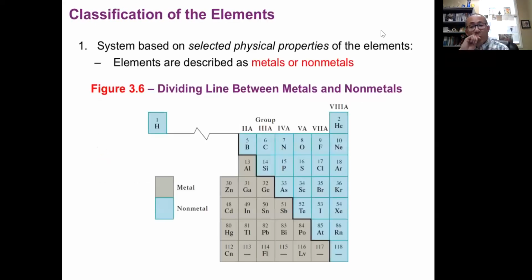So next, the 118 elements in our periodic table can be classified in different ways. The first classification is based on some selected physical properties. If you remember, the term physical property means the properties that are not involved or observed in a chemical reaction. That means these properties don't change the identity. Based on the physical properties of the elements, we can classify the elements into two big categories,